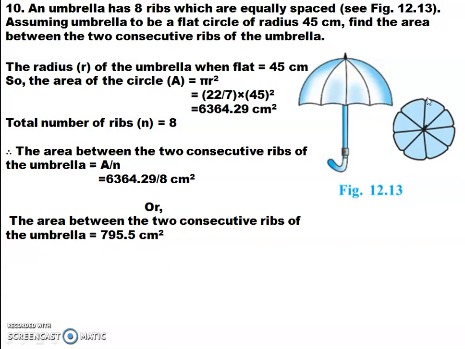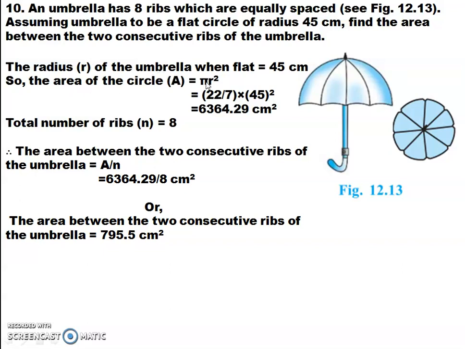The radius is given as 45 centimeter. This is a radius. So you can see 8 radii here. It is divided into 8 equal sectors. I am talking about 8 radii; how many diameters? 4 diameters. So the circle is divided equally into 8 sectors.